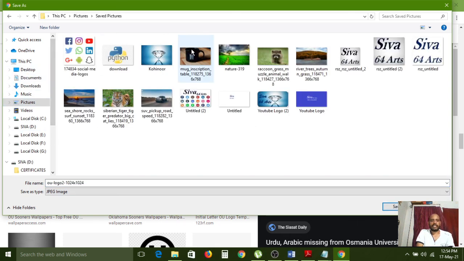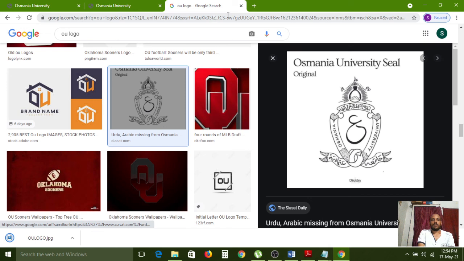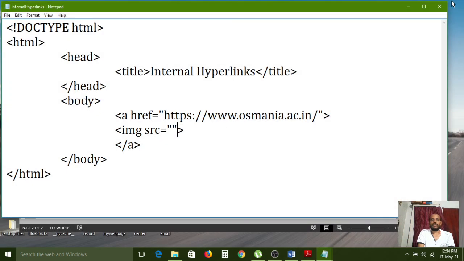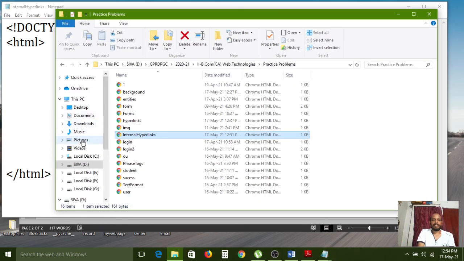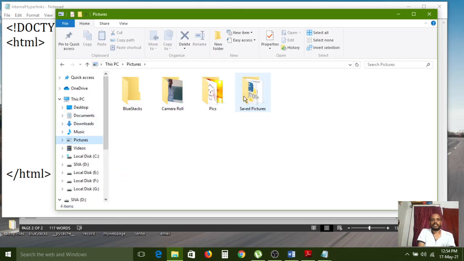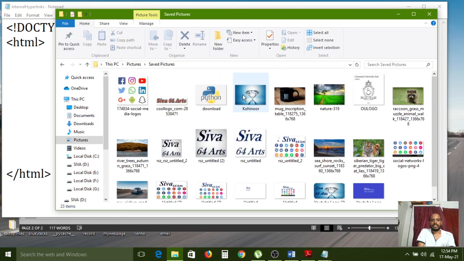OU logo. Save as type is JPEG. Automatically it has detected that. So now I am clicking on the save button. Now I am closing this window. First we need to go to that saved picture. In saved pictures, where is that image?